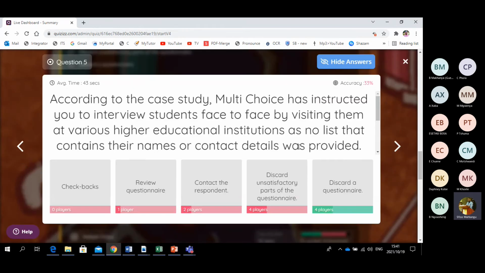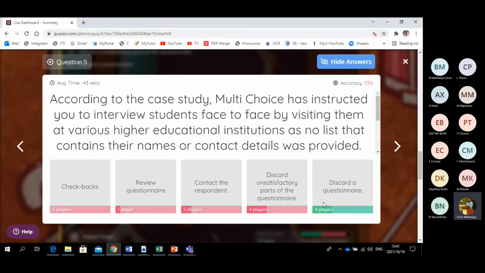If you look at your answers here, you will see that 4 students agreed on an incorrect answer, whereby they say, let's discard unsatisfactory parts of the questionnaire, whereas the correct answer was to discard the whole questionnaire. So let's have an argument here. Why is this the only correct answer? In my own opinion, all the students who selected number 4, discard unsatisfactory parts of the questionnaire,